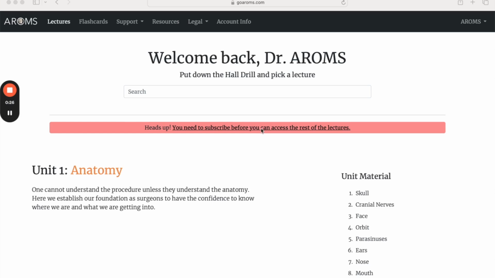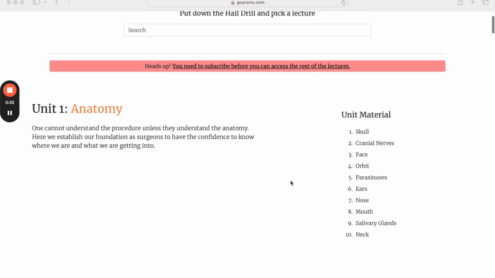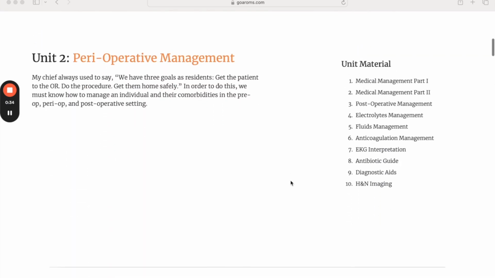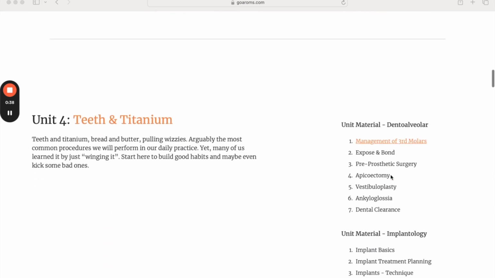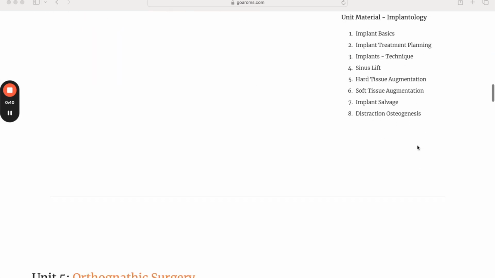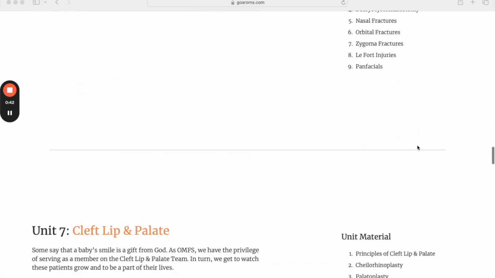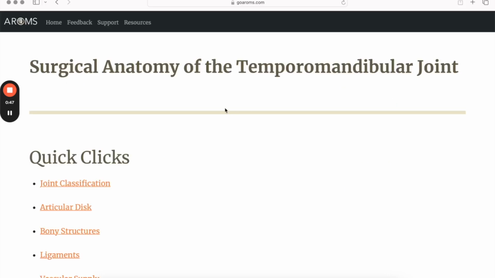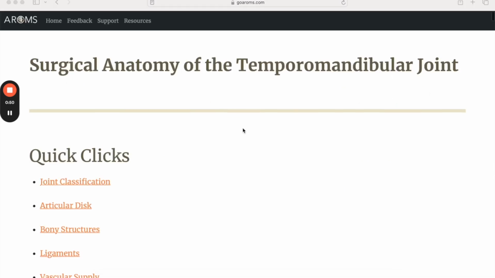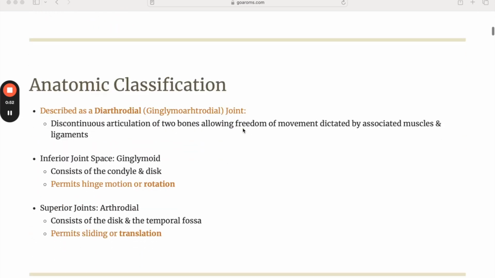So we filled out the enrollment form, and this is what the screen will look like as soon as you click Enroll Now. You will have access to 3 free lectures, and those will be highlighted in orange. The first one is Airway Management, the second is Management of Third Molars, and the third is Anatomy of the TMJ. If you click on these free 3 lectures, you will be able to view the entirety of those, and